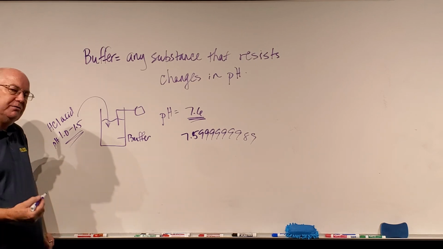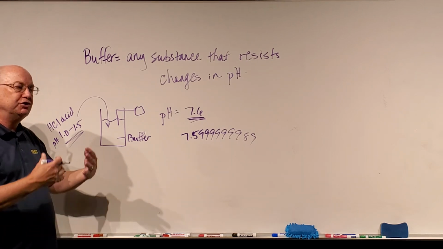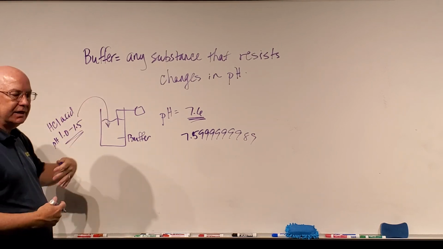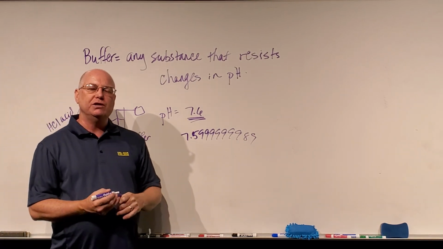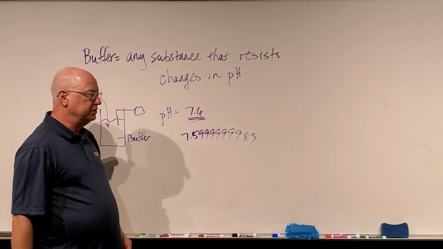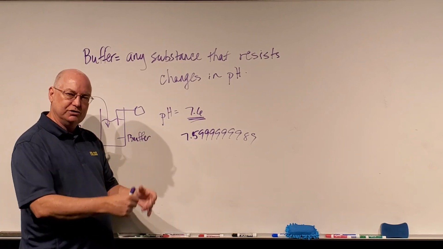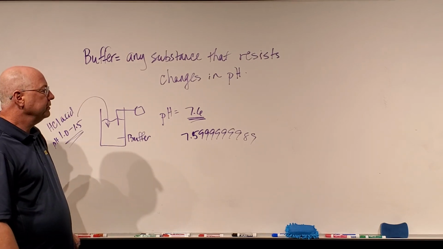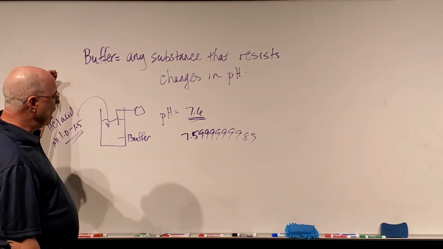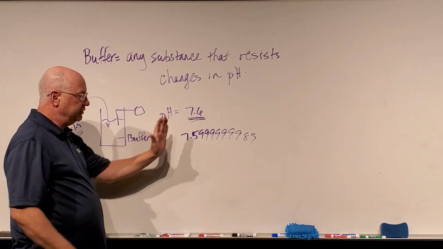Now, essentially, sometimes buffers can be overwhelmed because there's only so much of the acid they can absorb. And if I continue to add it, I can overwhelm that. And you'll learn that when you do chemistry and you do titrations with potassium hydroxide and all of this stuff. And there's chemical indicators where it turns that pretty pink or purple color. But anytime a substance resists changes in pH, whether I add an acid or a base, if the pH doesn't